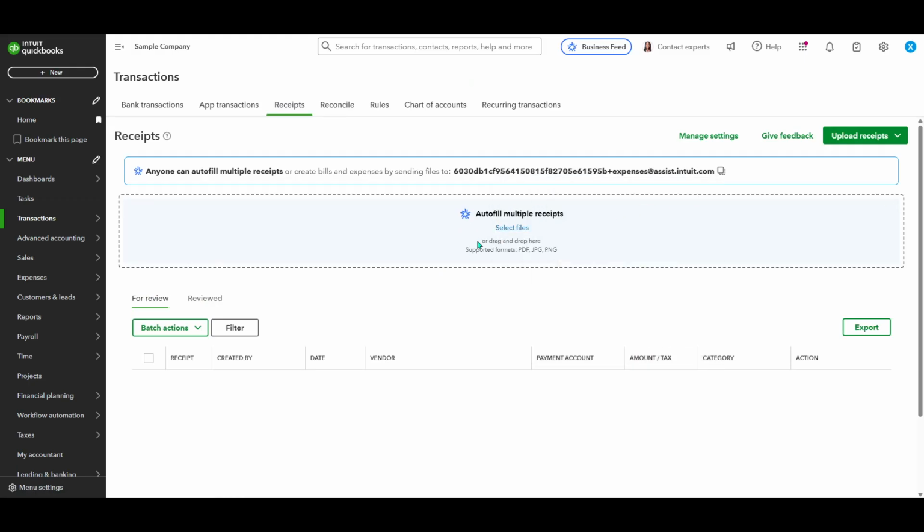Now it's time to upload your receipt. Simply click on the Upload button or drag your receipt image into the designated area. If you're using a mobile device, you might have the option to upload directly from your gallery, making this process even more seamless. Once the image of the receipt is successfully uploaded, you'll benefit from one of QuickBooks' smart features,